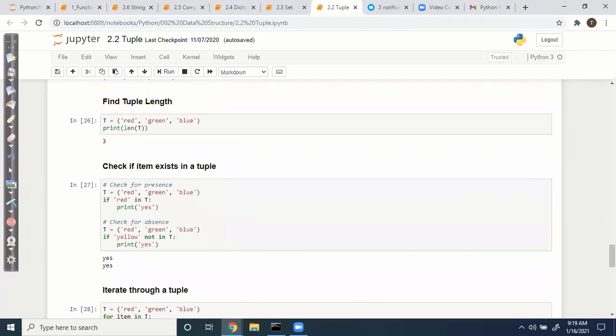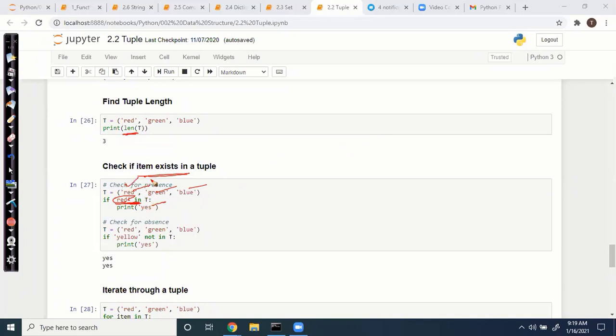So how to measure length? If you have a collection with more than one value, it is always required to measure length, so you can use length. One more operator we are checking is whether an item is there or not. This is also a real-time business case that we use frequently. We have to check whether an item, employee one, is there in the tuple or not. We have a list of employees. If you want to check, we can use the in operator and check directly, instead of what people normally do, iterating over all the elements.